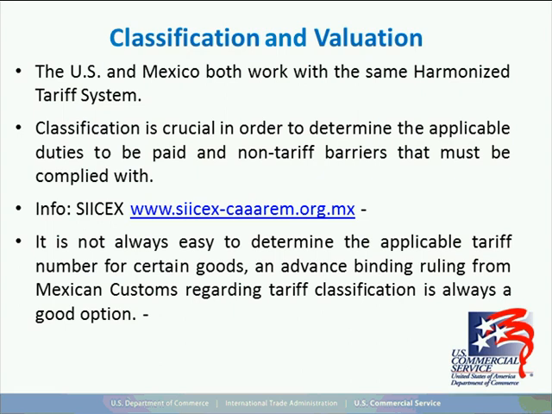You need to press the one that says tarifa, which is equivalent to tariff. And that automatically and for free, with no password, will open up the complete harmonized tariff system for Mexico. The first thing is they need to know the HS code of their product. Of course. If you have the HS code, you will be able to, from that system, open the specific